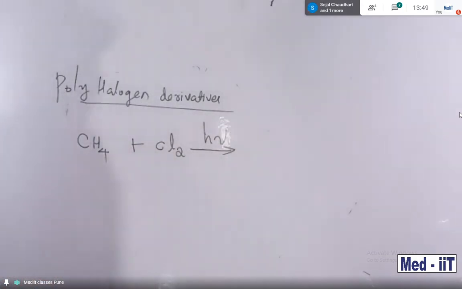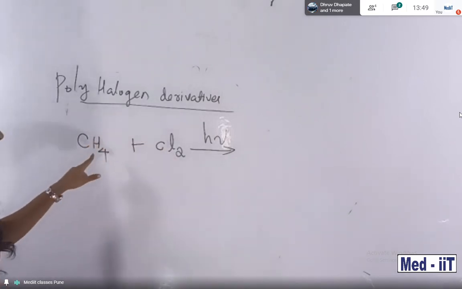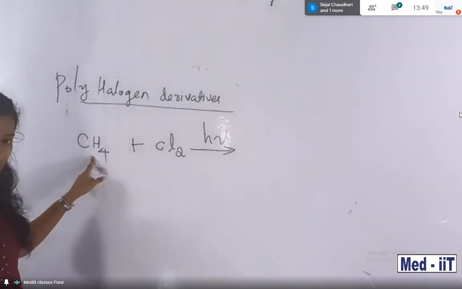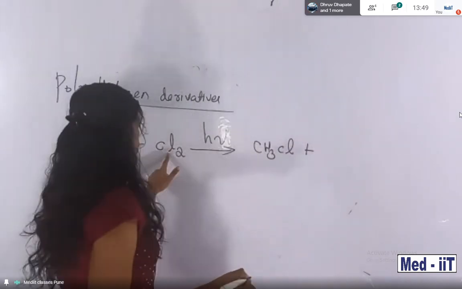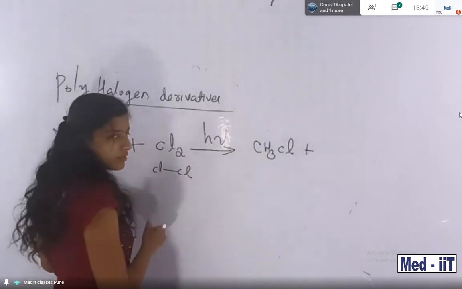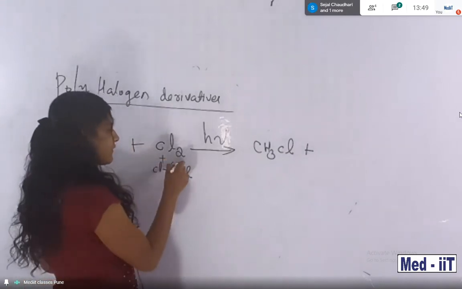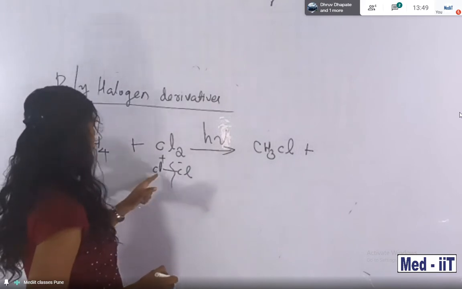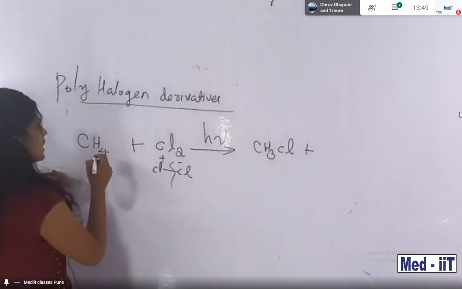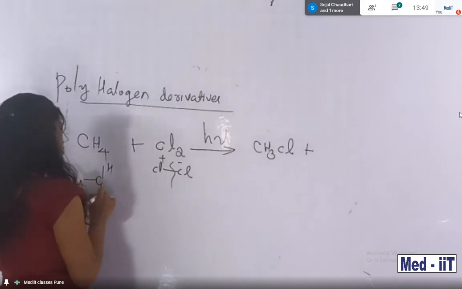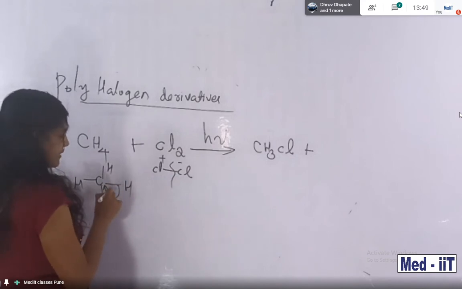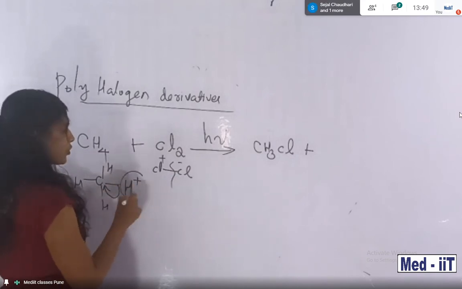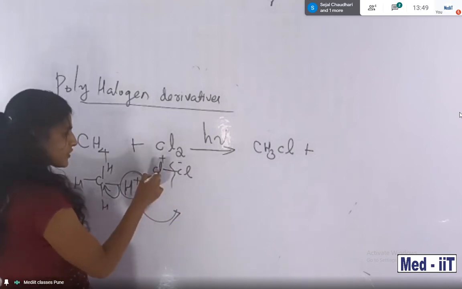So what about the product? The Cl-Cl molecule is there. Only one chlorine, with the removal of hydrogen, we will get the product CH3Cl plus one chlorine. Because this chlorine bond is going to break, there are positive and negative signs here. One chlorine bonds with the methane containing 4 hydrogens. This bond will be like this and then H plus, a proton, is removed. This proton is bonded with this chloride.